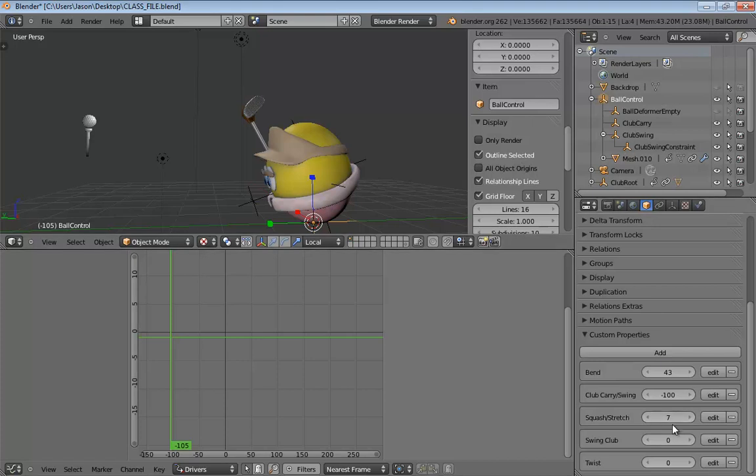We now need to handle the swinging of the club. And somebody said, so this is rigging. Yes, right now we are just rigging. We are not animating at all. We're just setting up a way to more easily animate later so that when it comes time to animate the character, we just have some sliders to play with. We don't have to go looking for bits and pieces all over the place.